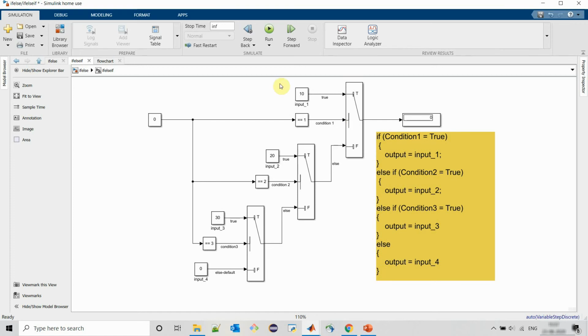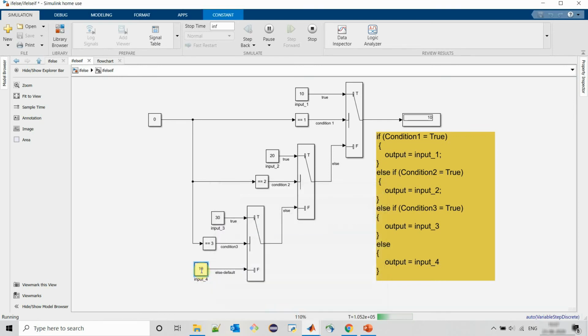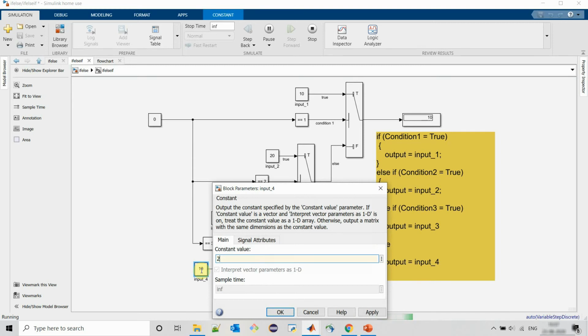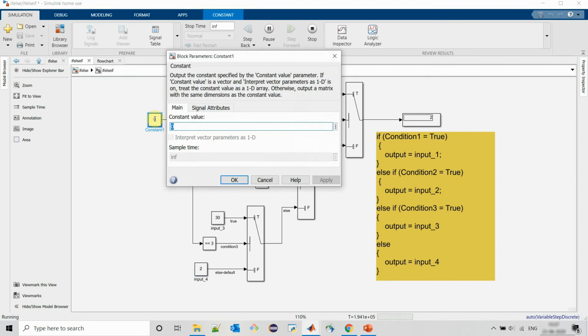Let's try simulating this model. At first, none of these conditions are true, so we are getting output as input 4. We will change this. We can observe a change in output accordingly. We will make condition 1 true.